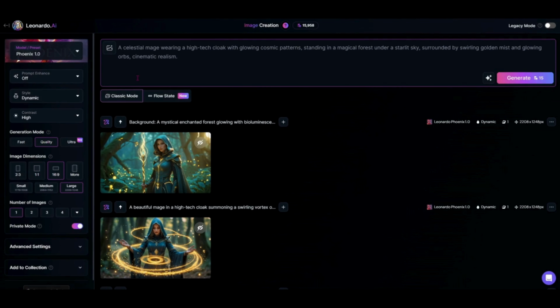So this one is the exact reason why I chose Leonardo to use for the demonstration that I'm doing, because it has so many options for your preset models and the different effects that you can do, the different styles, the different elements. If you've been here for a while, you know I love making images using the elements inside